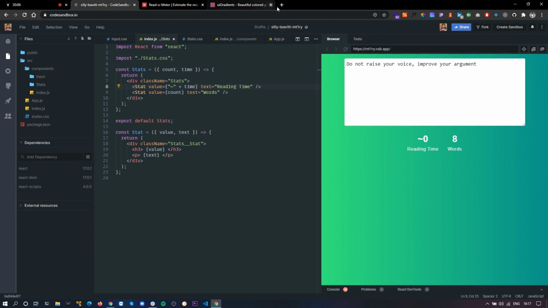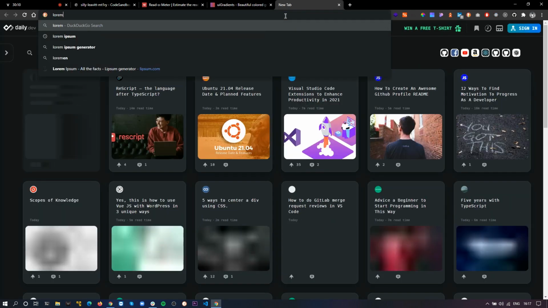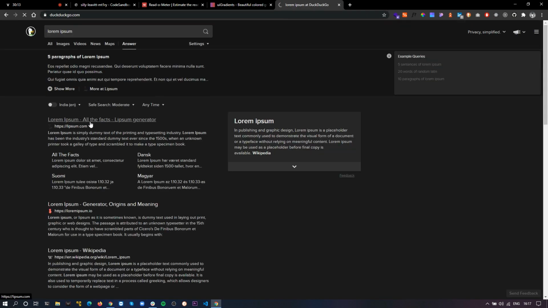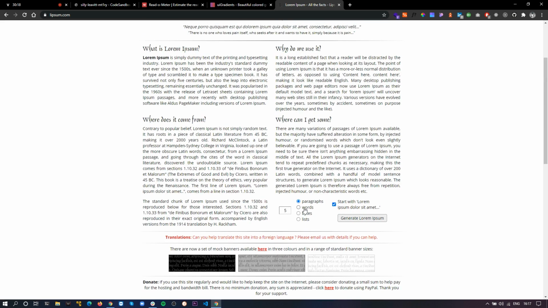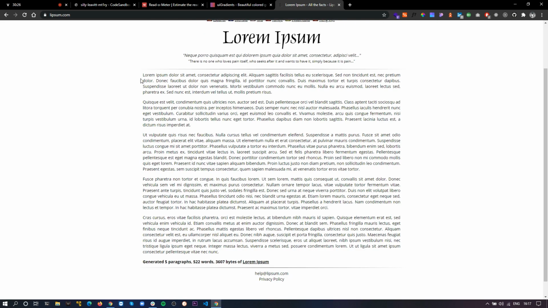So let's test both the applications right now. I'll go to lorem ipsum, and let's copy a big text. I'll generate 5 paragraphs actually.